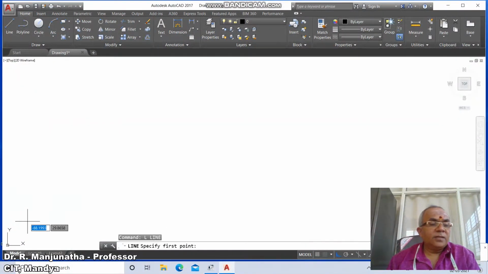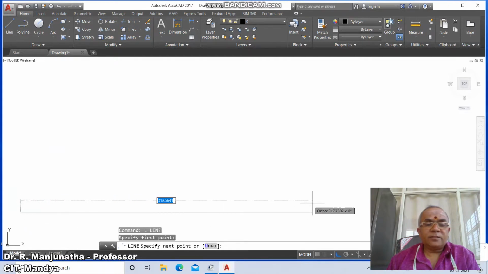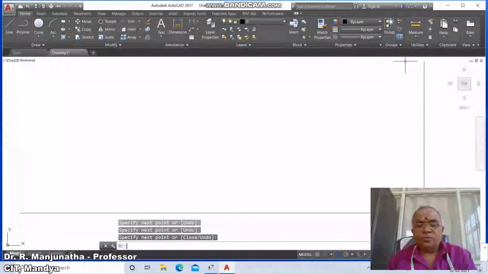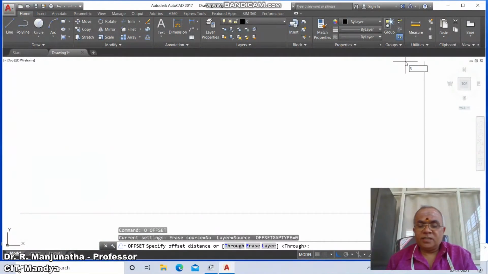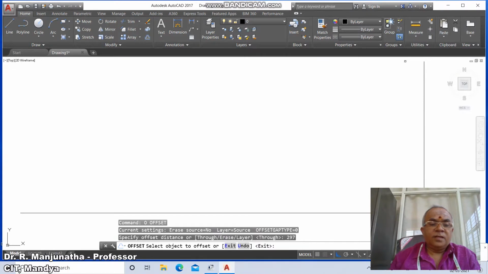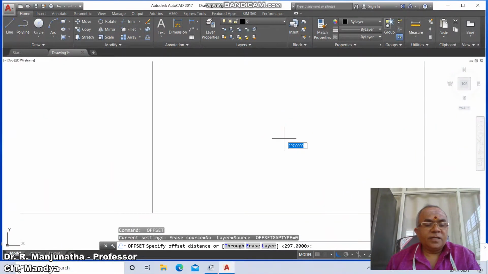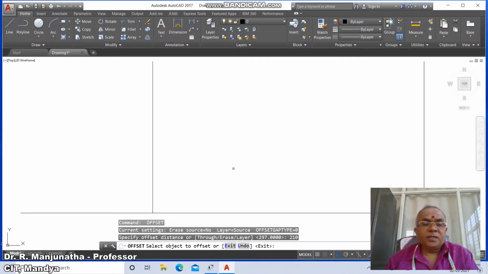Then go to line, select some arbitrary point, click the first button of the mouse and take some distance, and click on the right hand side. Again take some distance, take the top side, click again. Then go to offset, take the distance as 297, select the vertical line and offset to the left side. Then again go to offset, take the distance as 210, select the horizontal line